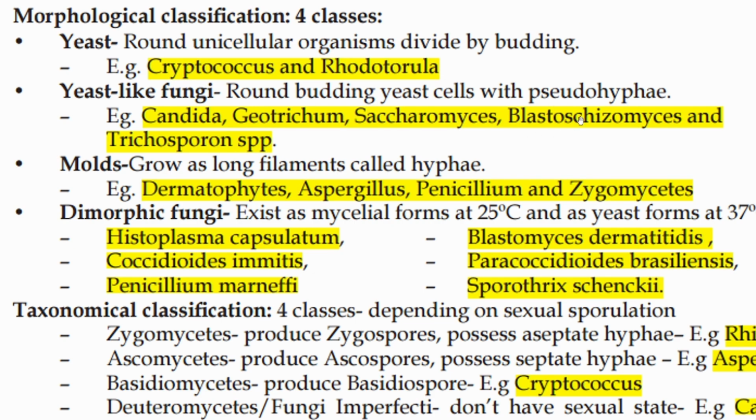Okay, then we have the Blastoschizomyces. Blastoschizomyces we have already done. Penicillium. After that we have the